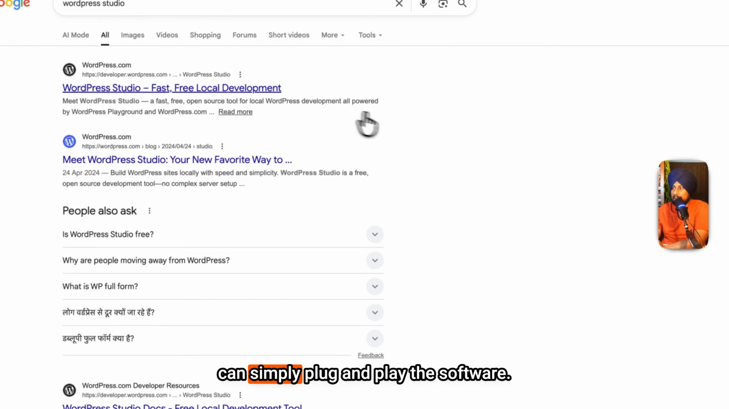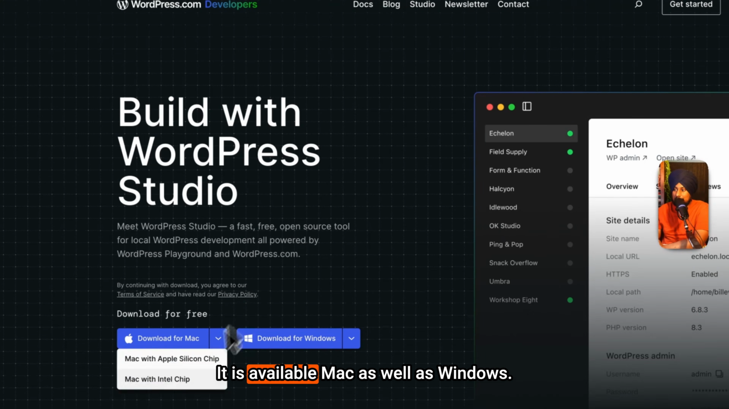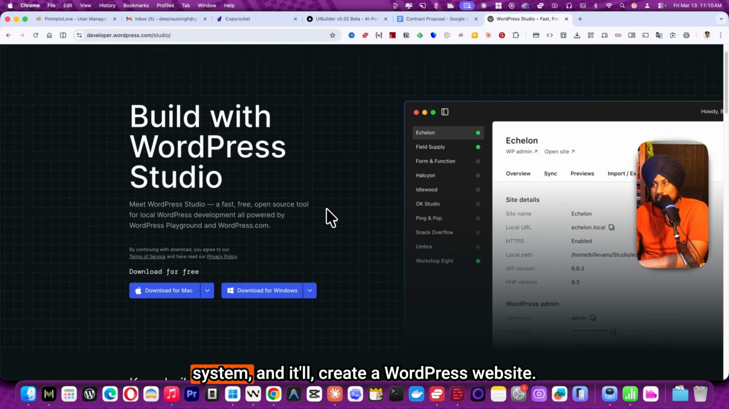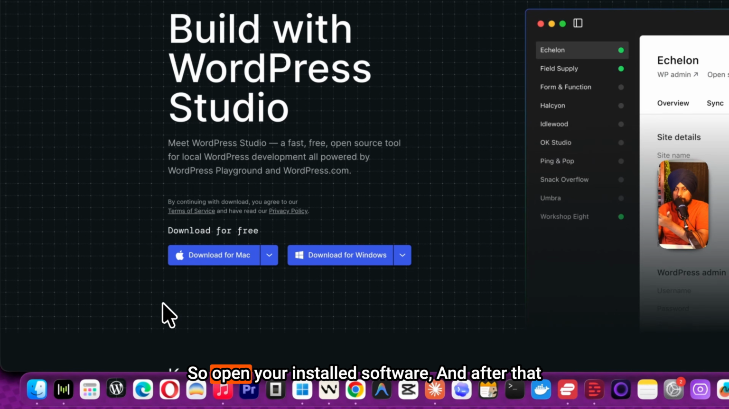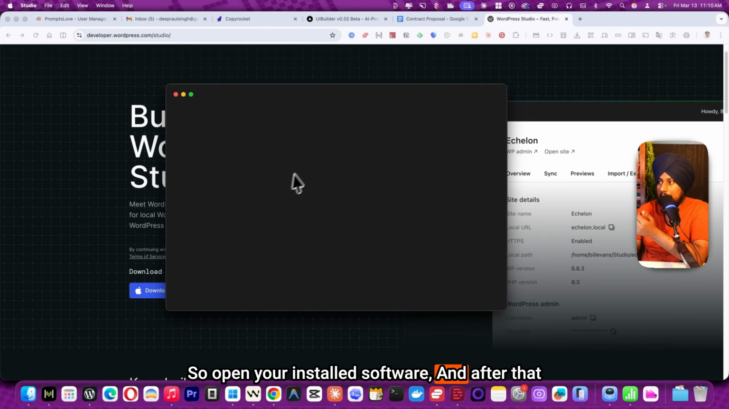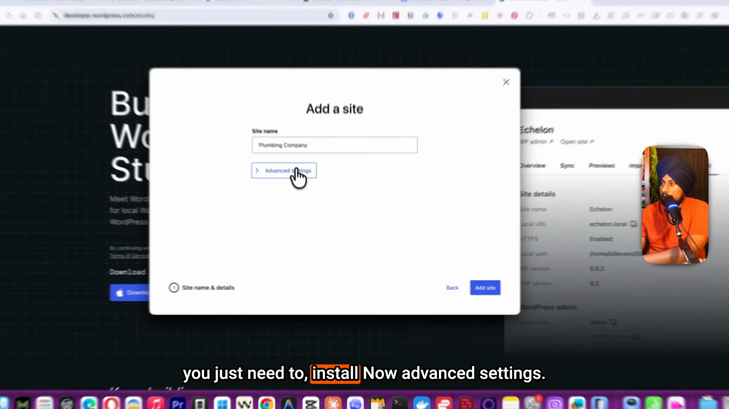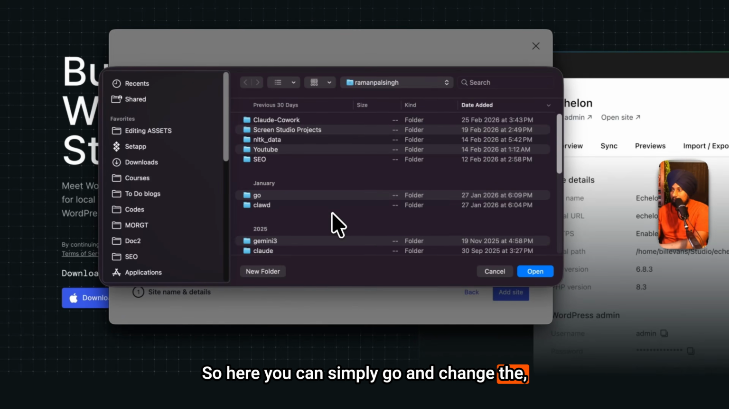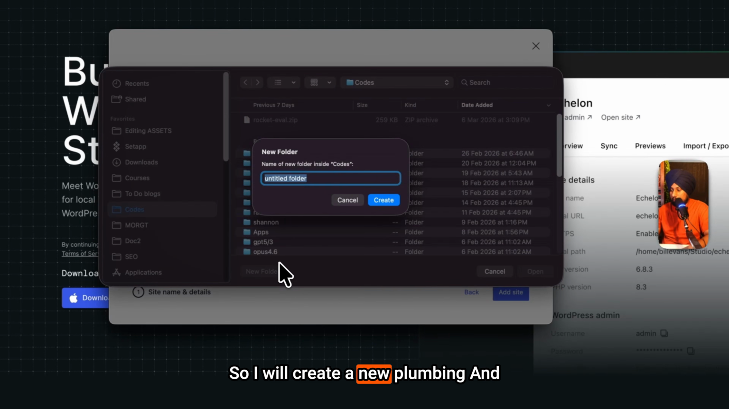You can simply plug and play this software. It is available on Mac as well as Windows. You can download that and install it on your system, and it will create a WordPress website. So open your installed software, and after that you just need to open the advanced settings. So here you can simply go and change the directory. So I will create a new plumbing